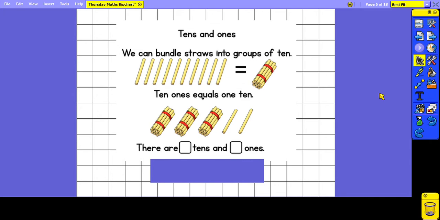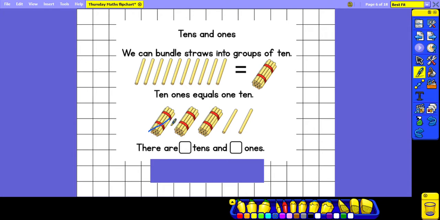And we can also represent 10s and ones using bundles of straws. And we can bundle 10 ones to make one 10. So we can put 10 straws in a bundle to make one 10. And here we have got a number represented by some straws. So how many 10s have we got? We've got